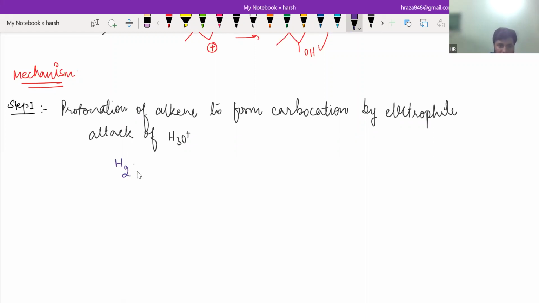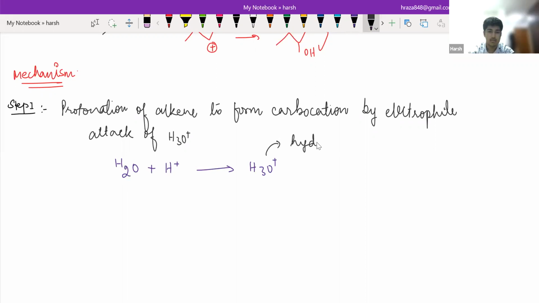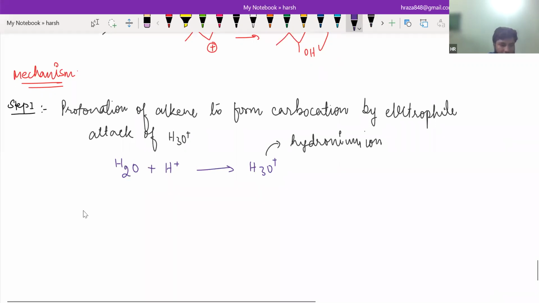First of all, H2O, acid catalyzed hydration. That means in H2O there is acid H plus, so it will attack and it will form H3O positive. Yes or no? This is called hydronium ion. Now we have an alkene. I'm going to take a general alkene like this. So in this you can see